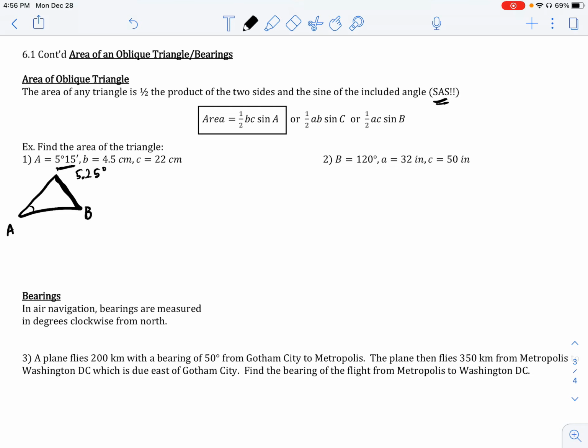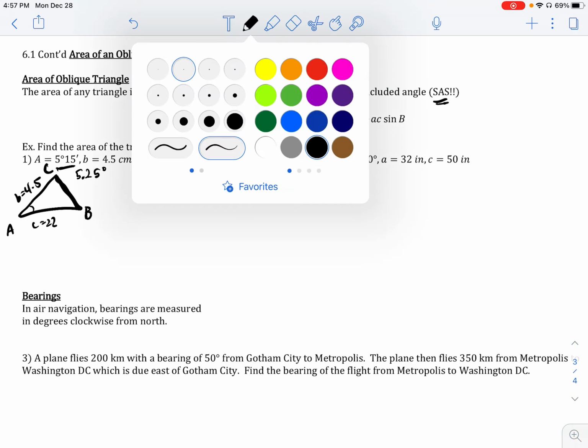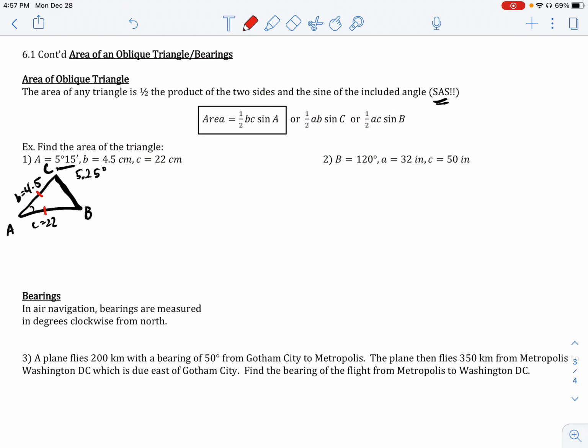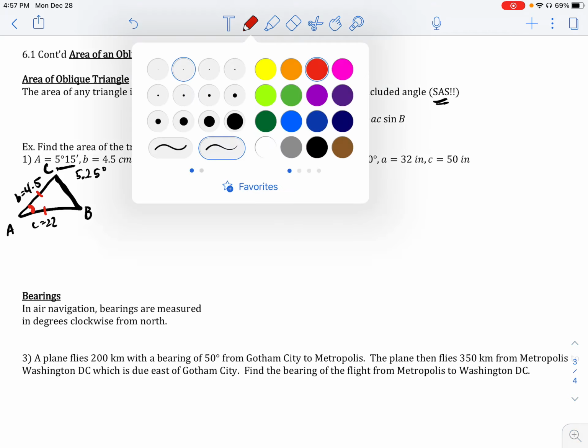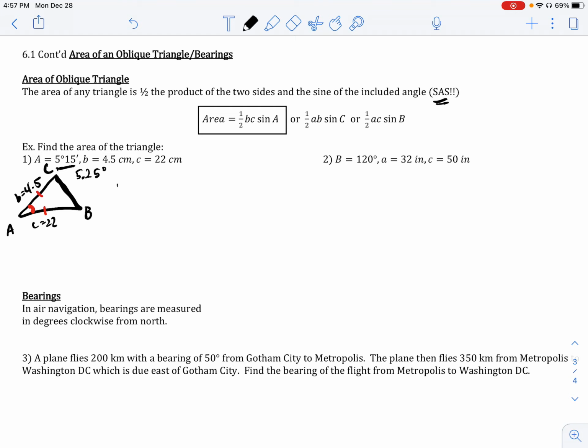What else are we given? We can say that this side here is side B, so B is equal to 4.5. Side C here is equal to 22 centimeters. And we don't know angle B or C. So we're given, in this case, two sides and its included angle. Therefore, this makes it an SAS case, which means that we can find the area of this triangle by doing 1/2 the two sides that are given to us, so 4.5 times 22, times the sine of the given included angle. So the sine of